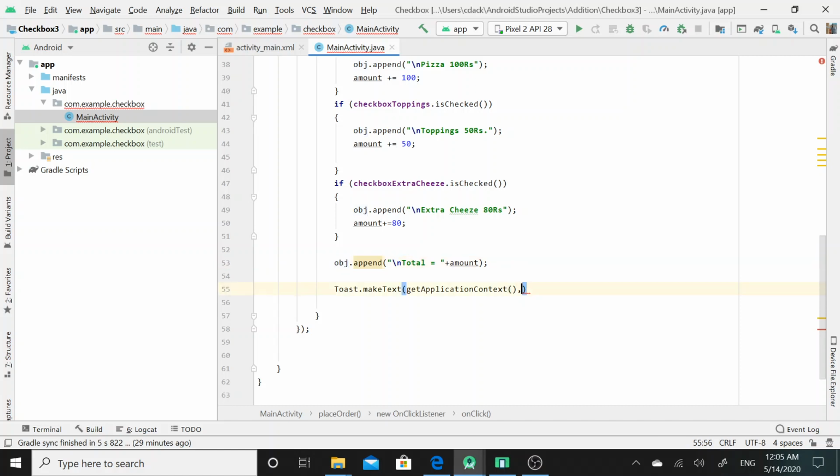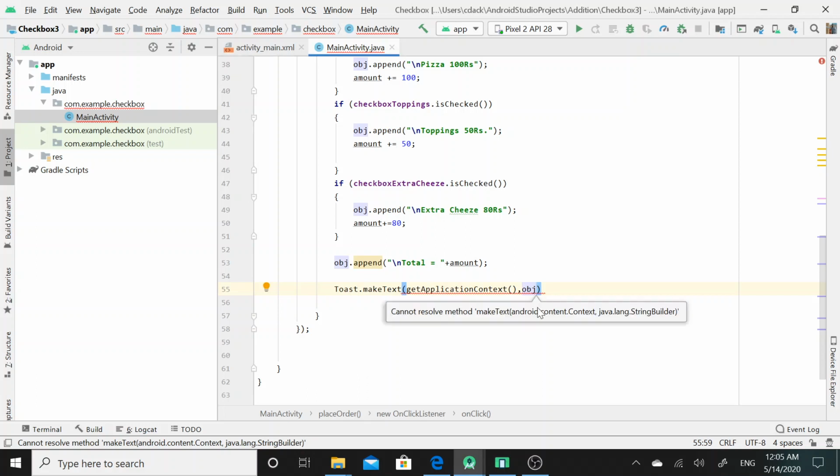So I will call the obj object, and since this is an object and I am only allowed to display a string value, I will apply typecasting. Here I will convert the object into string format with the help of the toString method.